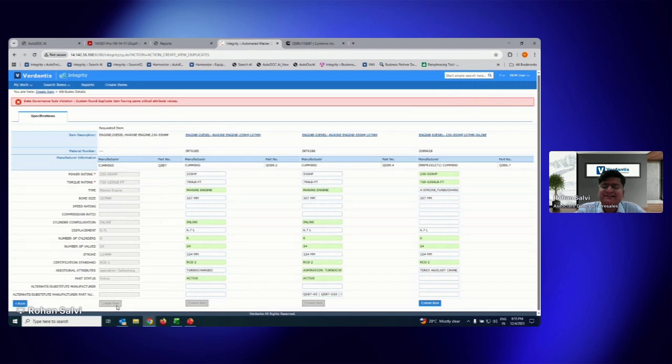Also, you can see that creation has been disabled. Now why is the creation disabled? Because when the specifications are being compared, it found one particular part where the specifications are exactly identical, the ones that have the key specifications highlighted in green color. And this is where it asks us, rather than create, why don't you extend? And then I noticed something else as well, like QSB 6.7 is the model number which is available. Cummins has also mentioned on the catalog that QSB 6.7 and QSB 7 are actually replacement parts.